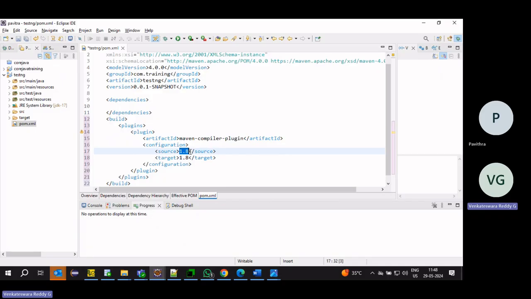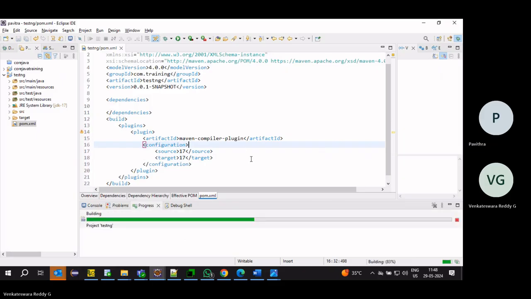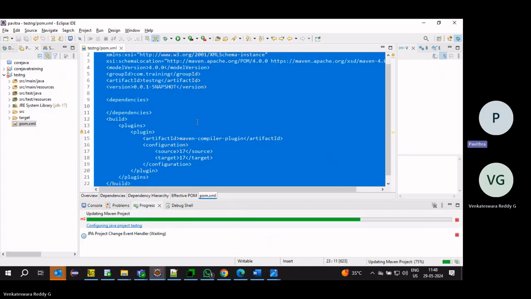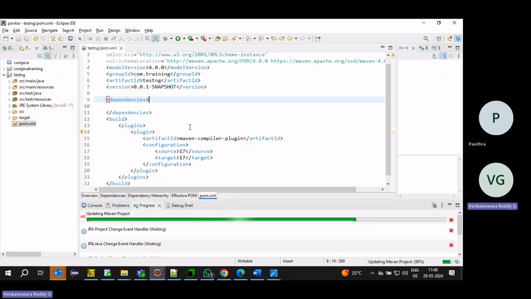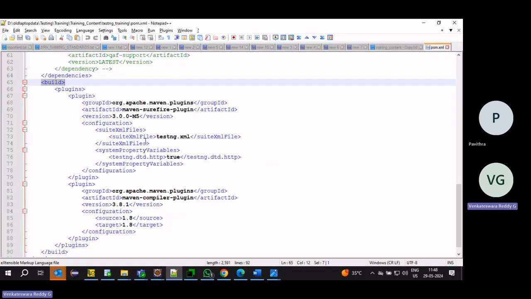Now we are using 17, so just make it 17. We can add one more plugin, like the Surefire plugin, if I want to run test cases using Maven.